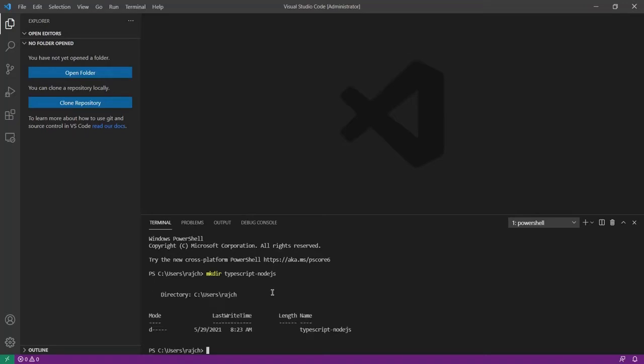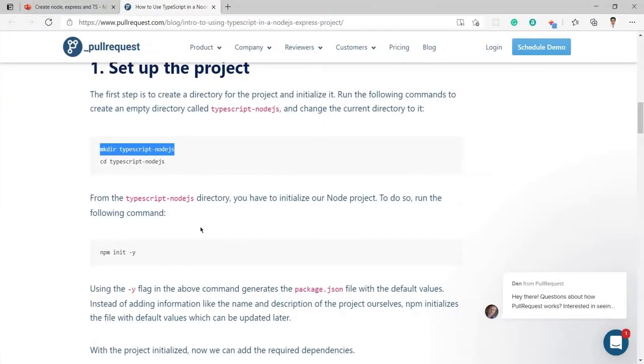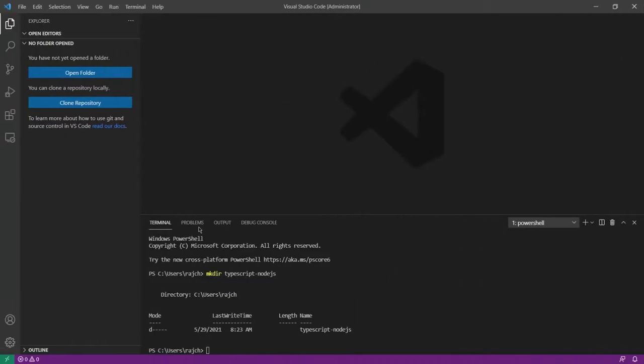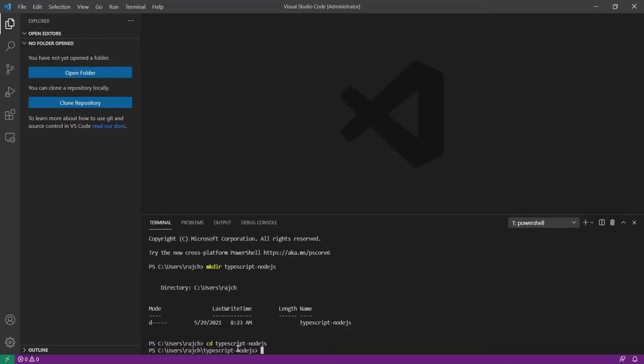Now I'm going to follow the second command, which is cd, and then I need to move inside this folder. After cd with the folder name I will hit enter, and now I am inside that folder.